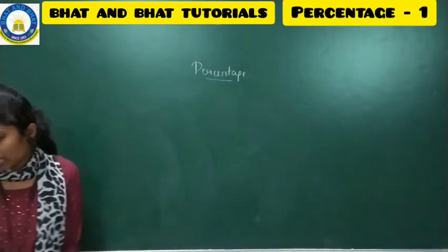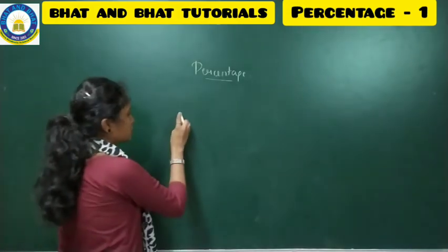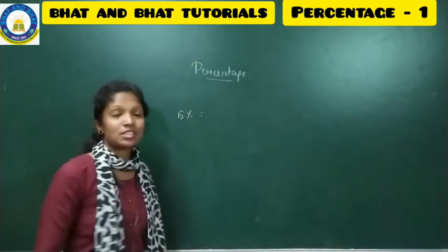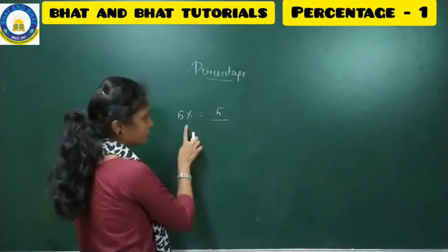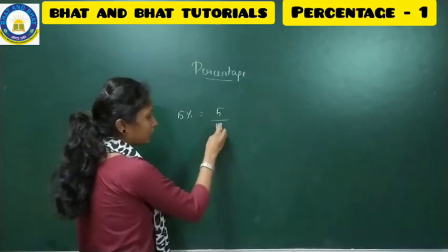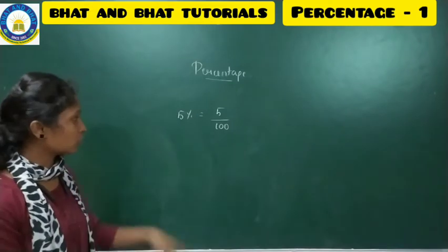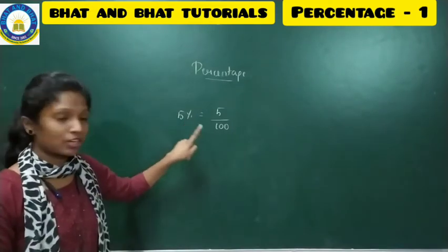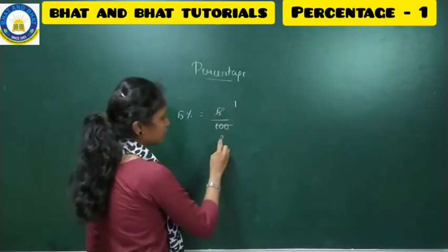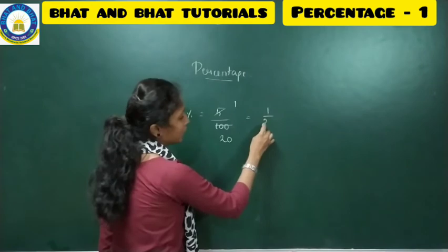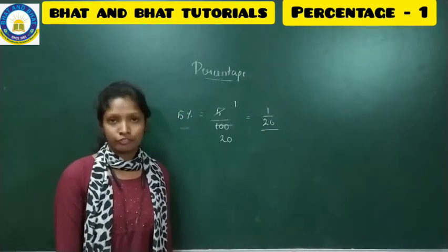Say for example, if they ask you to find the fraction, they'll give you 5%, and you have to express the 5% in the fractional form. How will you express it? 5 divided by 100. Why only 100 you will take, ma'am? Why can't we take 10 or 1000? Because since there is a symbol of percentage, we must take 100 itself. So now 5 ones are 5, 5 twenties are 100. So 1 by 20. So now the percentage has been expressed in the form of a fraction.